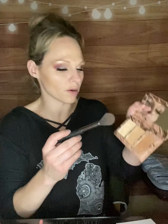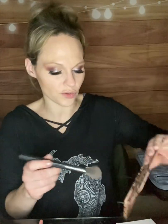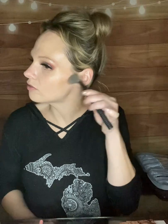Such a beautiful, beautiful color for my skin tone. And the way that I'm doing it for my contouring and bronzing is I am mixing the two darker colors. It's funny because when I first got this palette, I swatched them and then I tried to set my under eyes with this light color and it looked so awful and crepey. Definitely don't recommend doing that. But as far as bronzing and contouring with it,